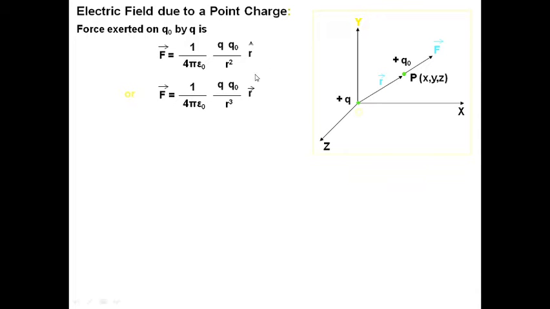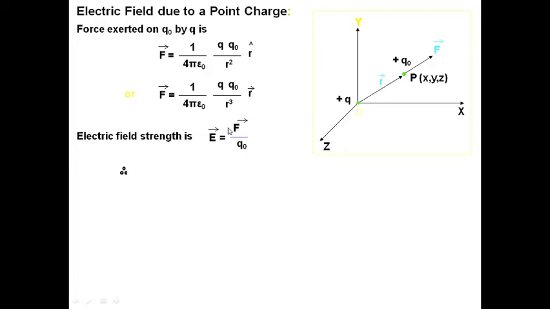So we can also write it in another form, if the R unit vector is replaced by the R vector divided by R, so R is multiplied, and it becomes R cubed in the denominator. So in both ways we can write the Coulomb force acting on it. Now, electric field strength, we know the formula E is equal to F divided by q naught. So put the value of F here.